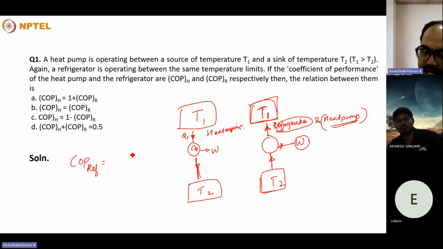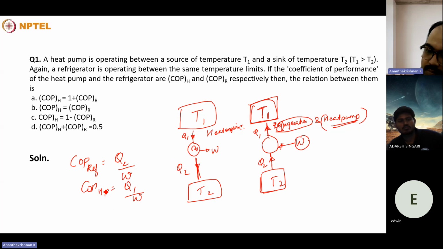is equal to the desired effect, that is Q. If you say this as Q2 and Q1, COP refrigerator will be equal to Q2 divided by work. COP heat pump will be equal to Q1, the heat delivered to the higher temperature, divided by the work. So if you are considering a reversible ideal heat pump as well as a refrigerator, we can actually write the ratio of the heat transfer rate